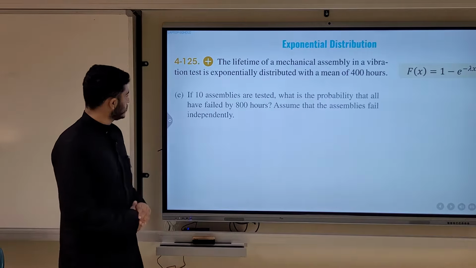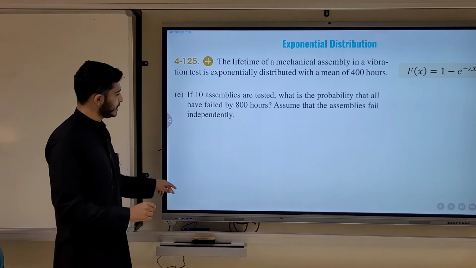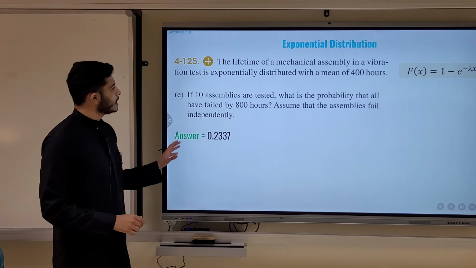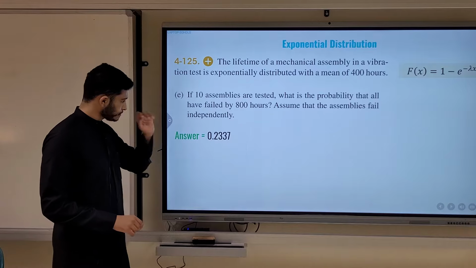end. The next part. If 10 assemblies, actually this one is for you to try. The answer for it is already laid out for you here. If you want to try it, to check yourself whether you understand it or not, it is for